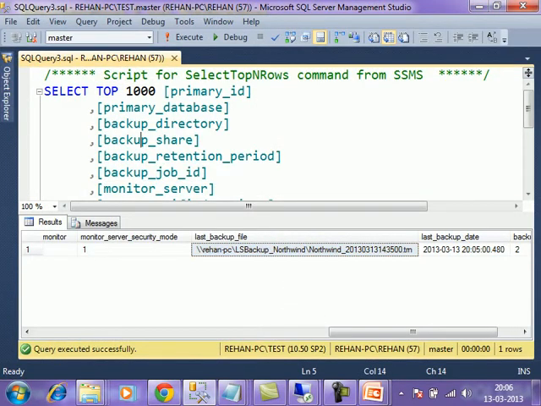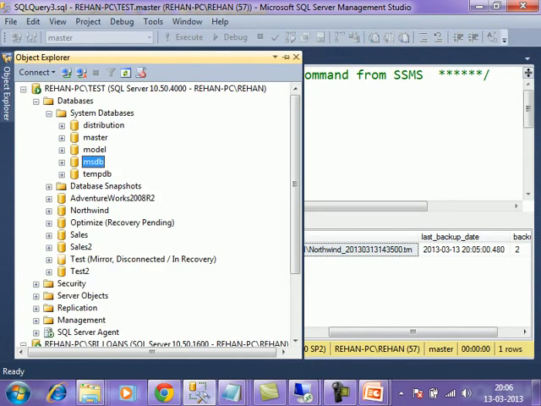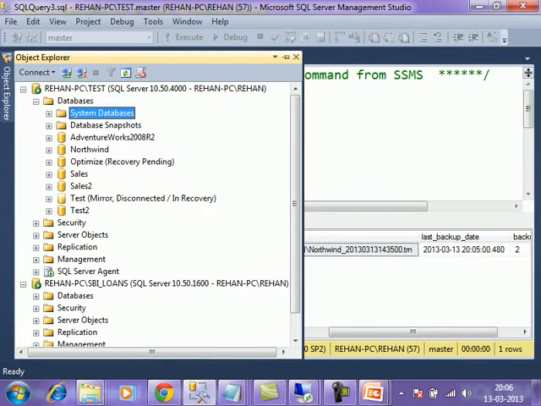Generally they will ask the question about the backup job. In that backup job, we have already seen any job is a collection of steps. In the backup job step, what command is there, backup database command or backup log command? It is taking a database backup or a log backup?